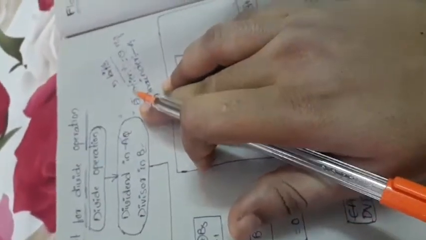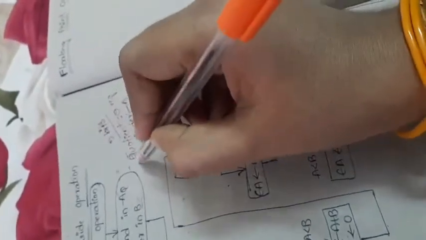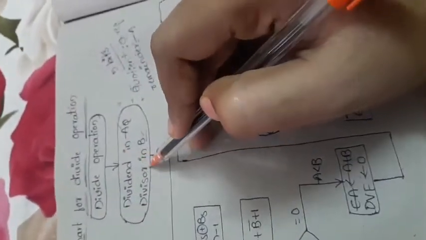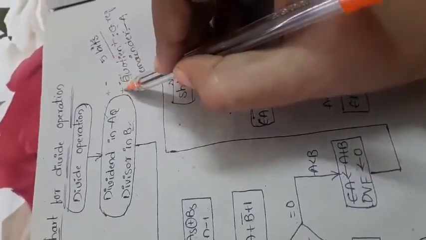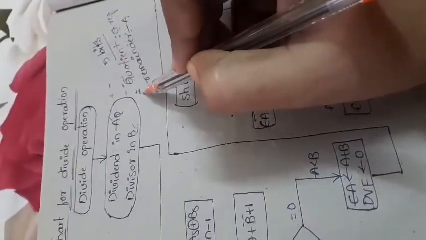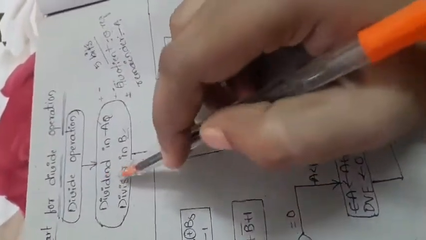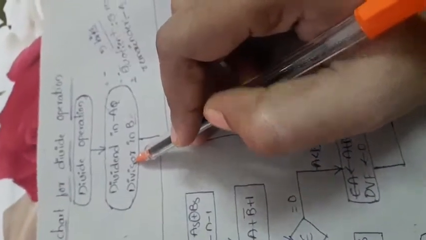If both have the same signs, like plus plus, then the coefficient sign will be positive. If both the dividend and divisor have negative signs, then we again get a positive sign only. That means if both the signs are positive or both the signs are negative, then the coefficient sign will be positive only. Whereas if the signs are different, like positive and negative, then the resultant sign will be negative.